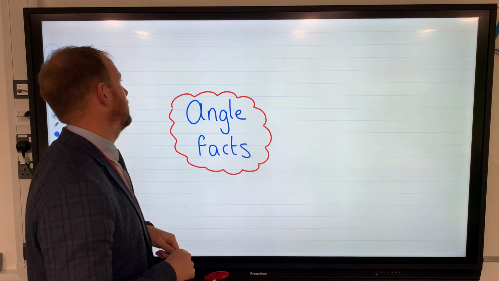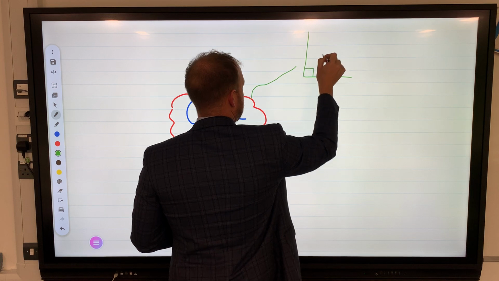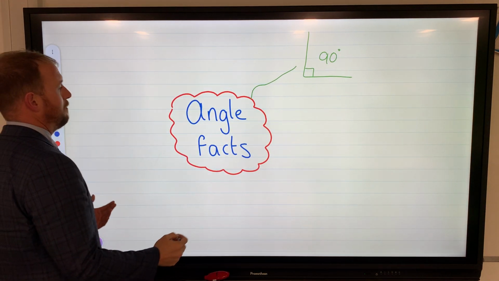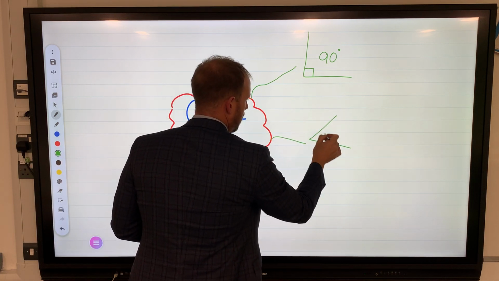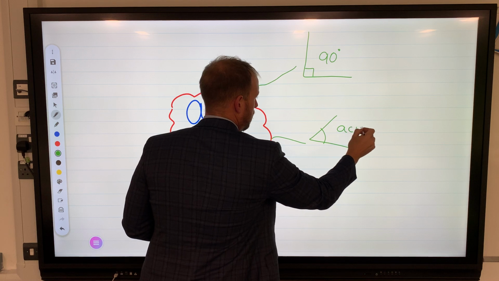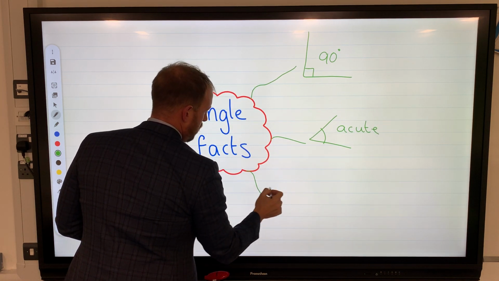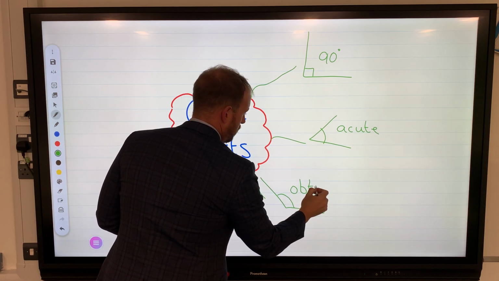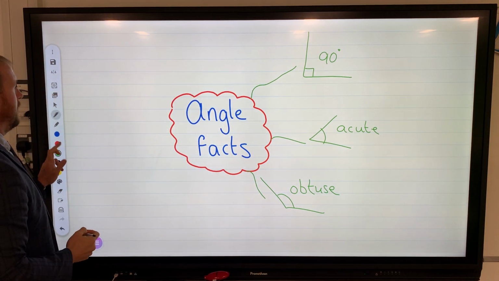Really basic facts, like we know that's 90 degrees, okay? A right angle, we know these things. Okay, there are different types of angles. Okay, we have acute angles. We know obtuse angles. Obtuse angles, there are things like